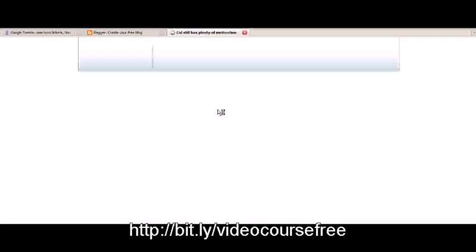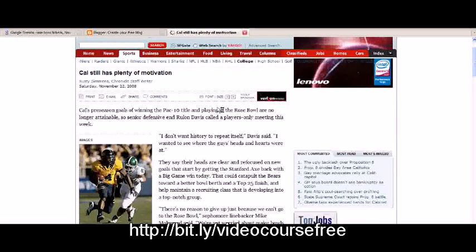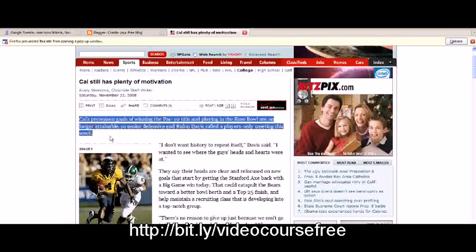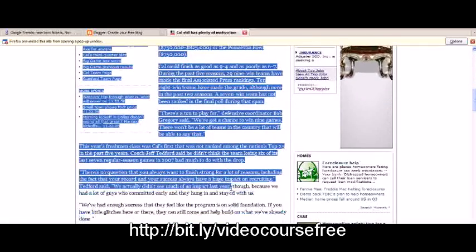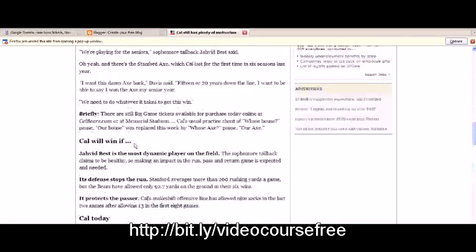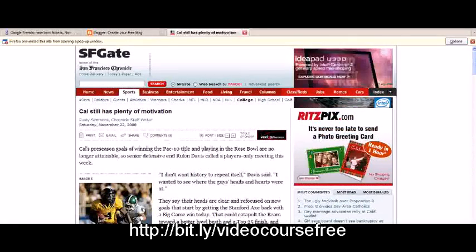Now, for example, I'm going to just grab a news story here just to show you how this works. Now, this one may not be totally relevant to what we're talking about, but we can go ahead and just copy the article content. So you just highlight it all, copy it, and you would just paste it to a text file. And then at the bottom of the text file you would say, for more information or to view the source of this information, click here, and that would link off to the article.